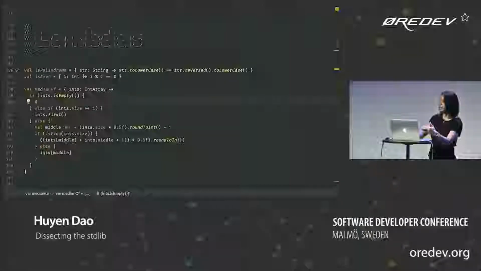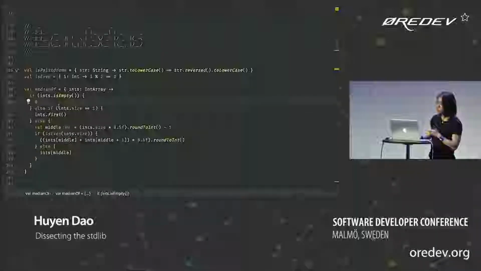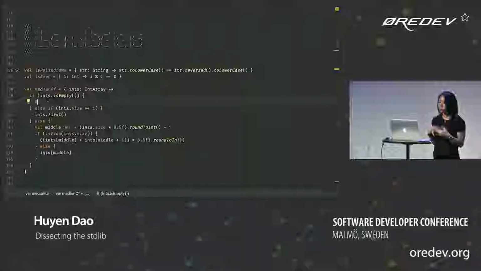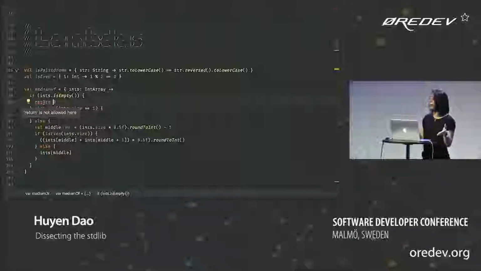And you can see here in my median function, there's actually 4 expressions that could possibly be returned as a return value. It's a little hard to see, but here's 0 if the array is empty, the first one if there's only 1, and there's actual calculations if I have more than one thing in there. So something that's really important to know about lambdas is that you can't actually just type in a return statement, because this is actually really confusing. I'd love to have return statements to define where I can actually return values from my function, but